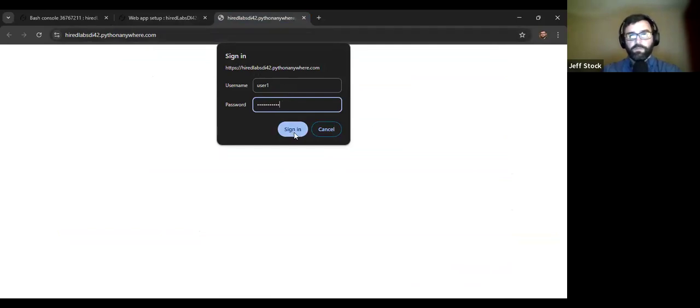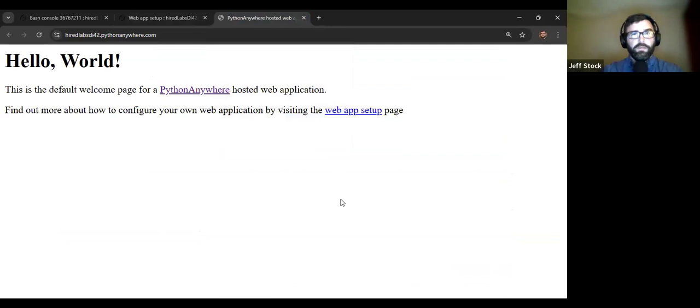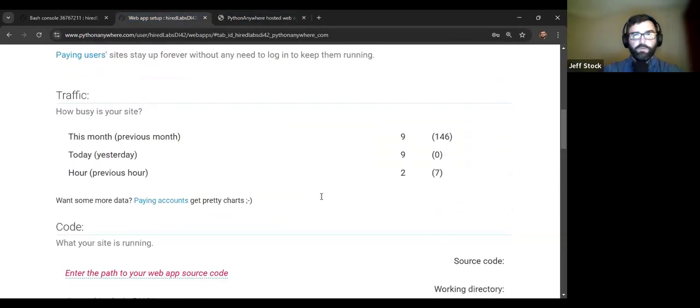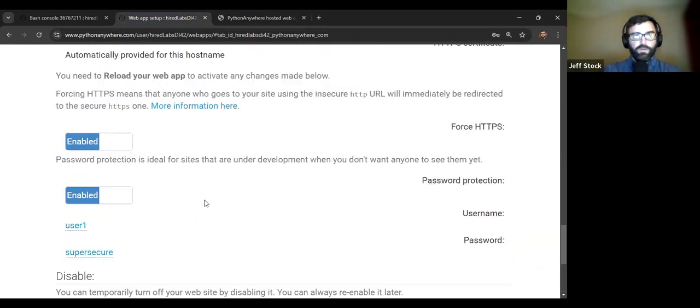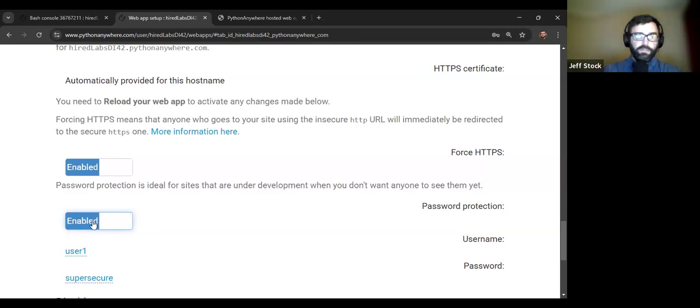And this, I'm assuming, is JavaScript. We'll do something similar like this pop-up. But that's, again, an optional way for you to prevent people from going to your site if you want to. I'm going to keep that off. I don't want to have to log in every time I go,